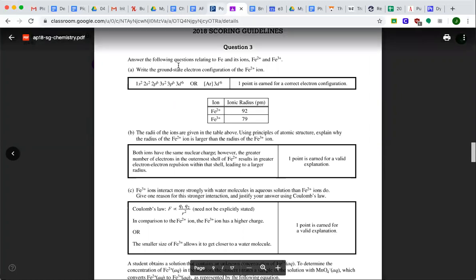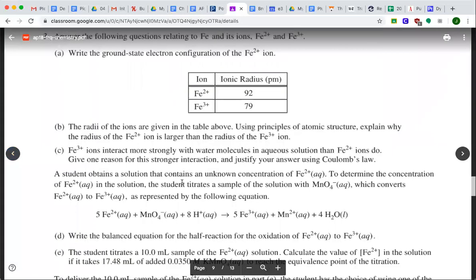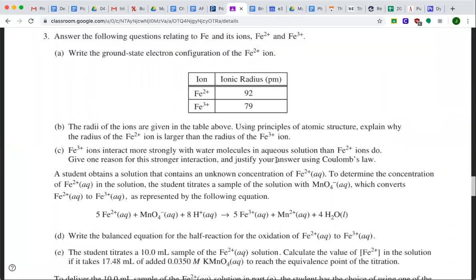Let's move on. So the radii of the ions are given in the table above. Using principles of atomic structure, explain why the radius of Fe2+ is larger than the radius of Fe3+. Because you've removed an additional valence electron, the electrons that remain are held even more tightly by the nucleus, because there are fewer electrons relative to